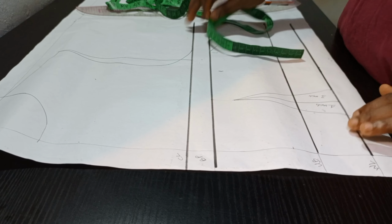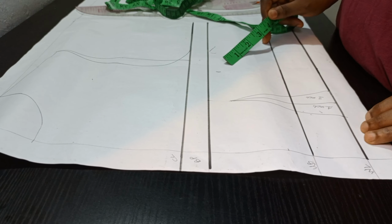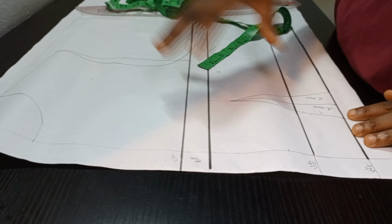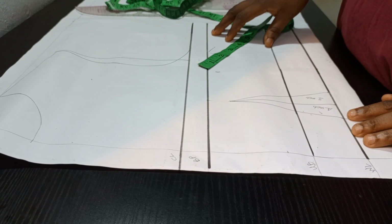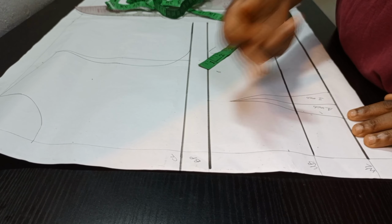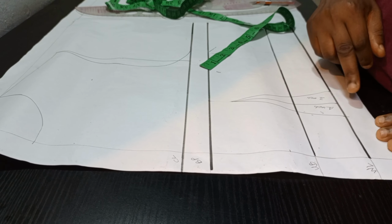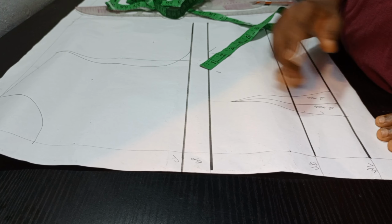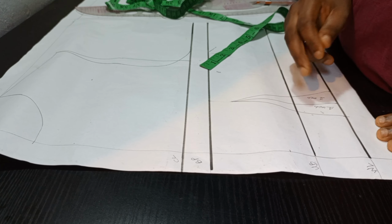And in today's tutorial, we'll be drafting a milkmaid top. I've gone ahead to measure my basic body block out of my pattern paper, and I have my shoulder measurements, my chest line, my bust point, my under bust, and my waistline. I've also gone ahead to measure out my bust span, which is also my nipple to nipple measurement, which is